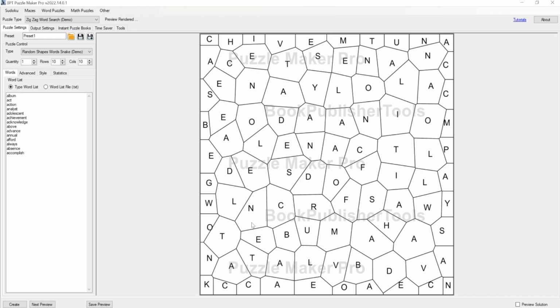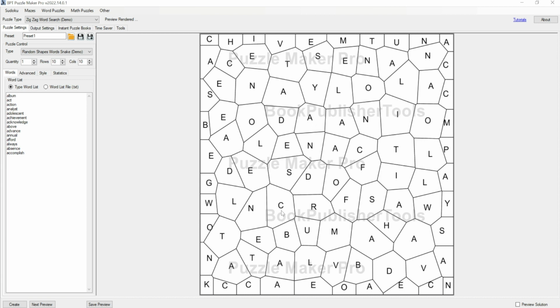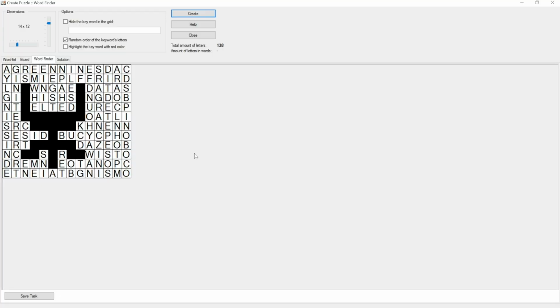So the difference between this one and this one is obviously in the price, but with the higher price what you get is saving of time. For this puzzle generator, all I have to do is type my word list here. I can type 500 words and click 100 puzzles, and in a matter of 5 minutes I'm going to have my book. Everything will be ready in PowerPoint or PDF, and then I can upload that PDF to Canva and decorate it even further. With this software that is cheaper, you have to do one by one manually, and also